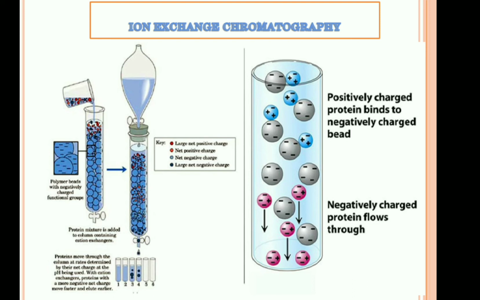which is the process of ion exchange. So the ions of the stationary phase and the mobile phase get exchanged with each other, and the positive binds to the negative and the negative binds to the positive. As the stationary phase has the negatively charged ion, it will bind to its opposite ions, and the others which are left, that is the negatively charged ions, will flow through the column.